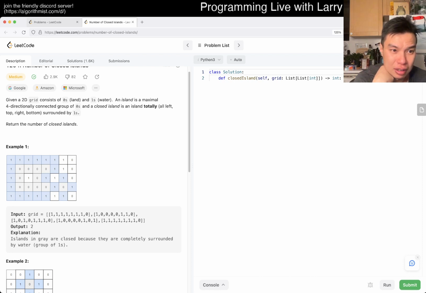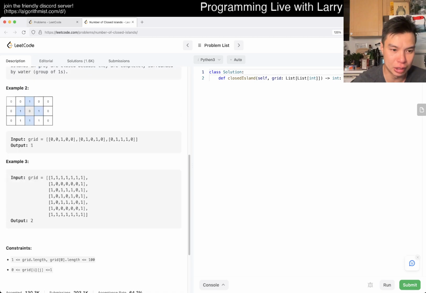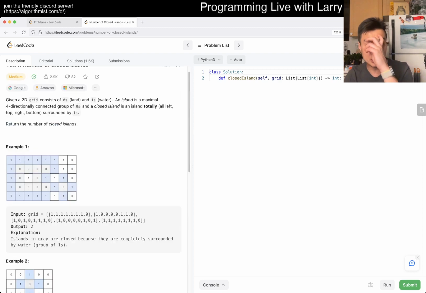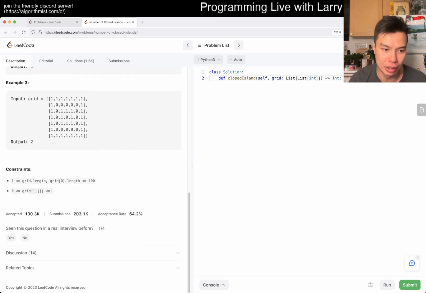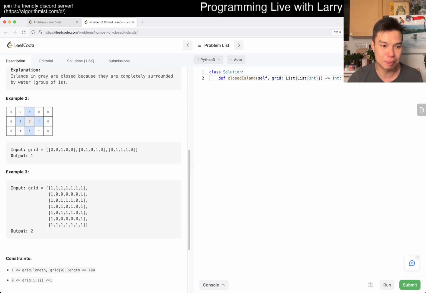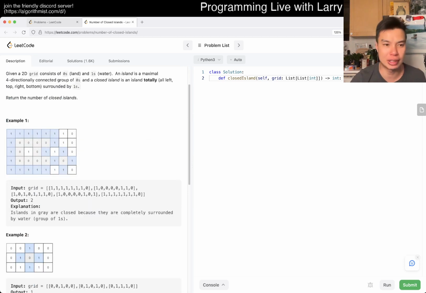Given zeros and ones. Sorry, the zeros and ones all confuse me, but yeah, I think that's pretty straightforward, really. You can also do this with union find as well. Depth first search, breadth first search, union find, they all should be good. I'm gonna do this with breadth first search because that's one thing I want to practice a little bit. So R is equal to length of grid, C is equal to length of grid of 0,